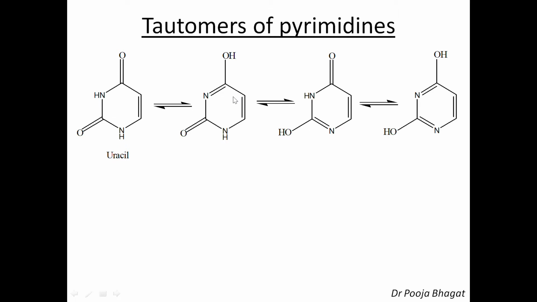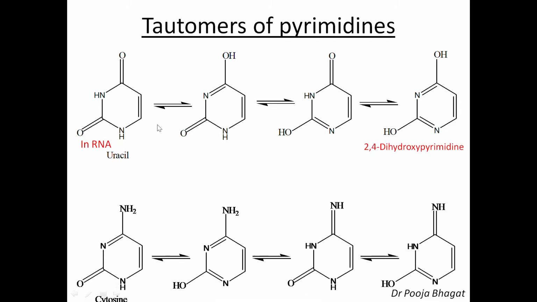This is uracil here, four tautomers of uracil. And as you can see here, this is the tautomer where both the groups are oxo groups. This is the tautomer where both of them are OH groups. And as you can see here, now this is the pyrimidine nucleus. So you can name it, with the numbering I told you, 1, 2, 3, 4, 5, 6, so it is 2,4-dihydroxypyrimidine. Now, as I told you, these are the bases which are present in the nucleic acid. So out of these four tautomers, this tautomer exists in RNA. Uracil is present only in RNA. So it is present in this form.